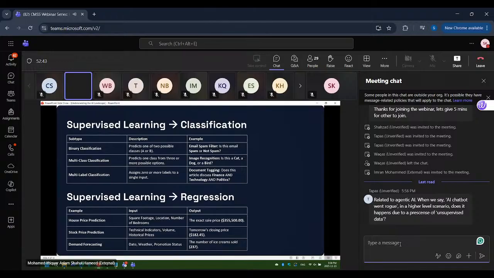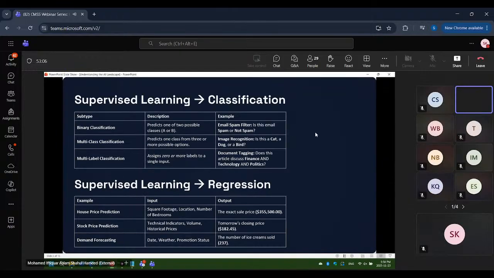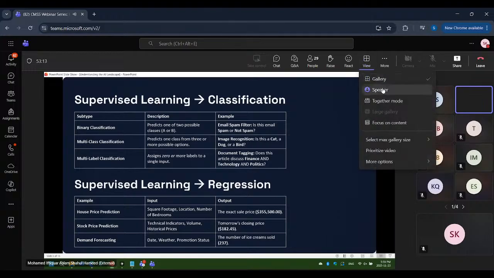So when we say agentic AI, that's a Gen AI thing, generative AI. What happens in generative AI is the way the data is stored. Let's take ChatGPT as an example. ChatGPT gets trained on multiple words and sentences, billions and billions of them, and these are stored in space.